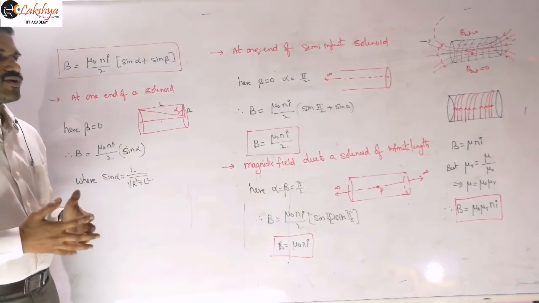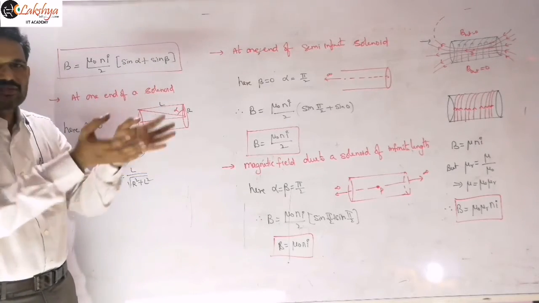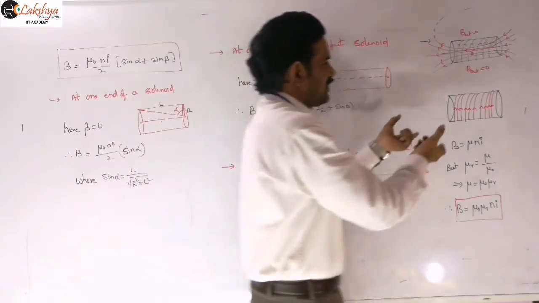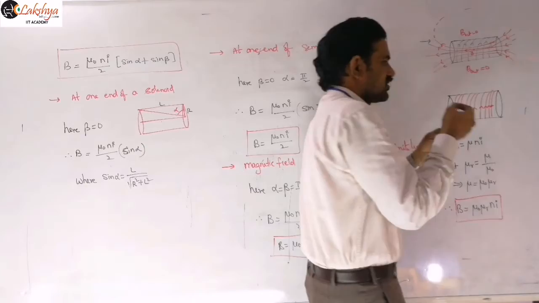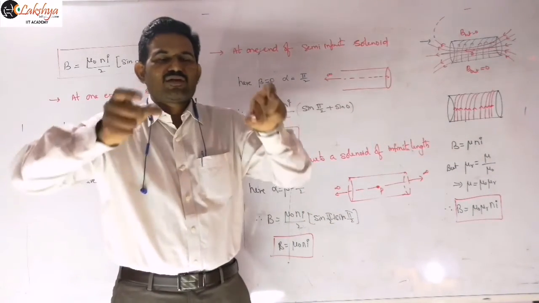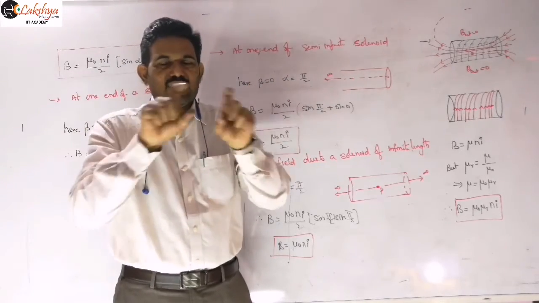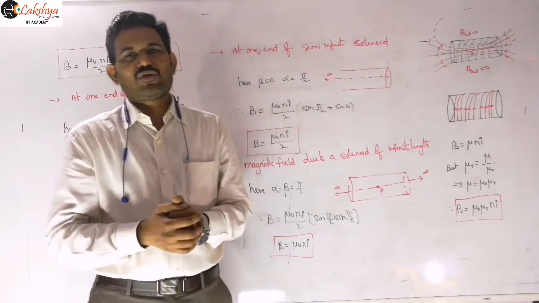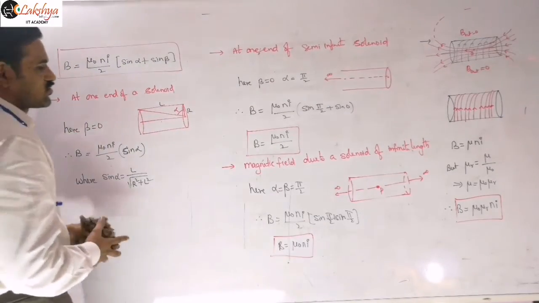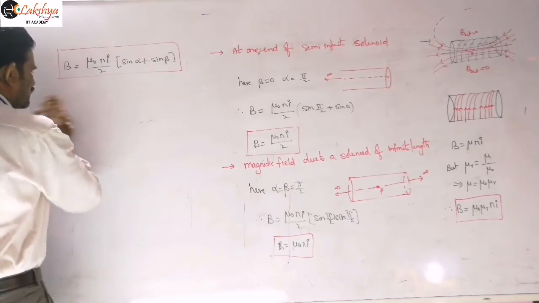And then, suppose the two ends of the solenoid are bent in the form of a circle and joined. The solenoid means we are winding the wire on a hollow pipe. Now the two ends of the pipe are joined together so that it forms a circular tube, right? Such an arrangement is what we call a toroid. Now let us see the simple expression for this toroid. If you know the solenoid expression, then you can write the toroid expression easily.